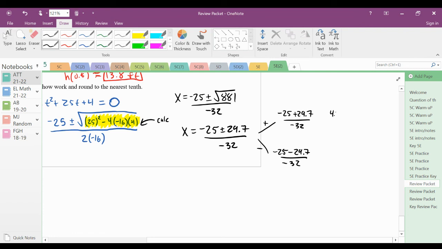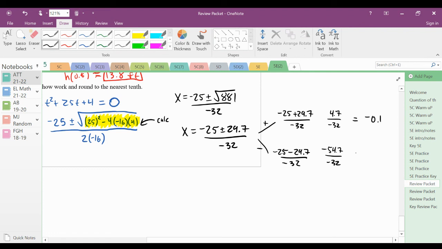I get 4.7, then divide that by negative 32, and I get roughly negative 0.1. So I get negative 0.1, which again isn't going to give us really an answer, but we'll get to that. Negative 25 minus 29.7, that's negative 54.7. Divide that by negative 32,